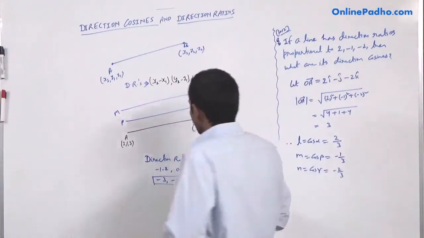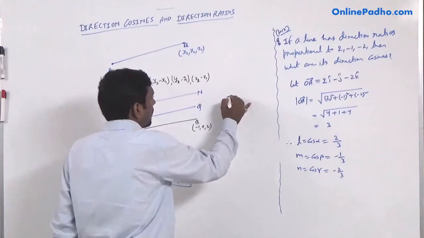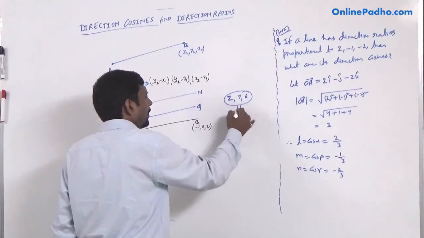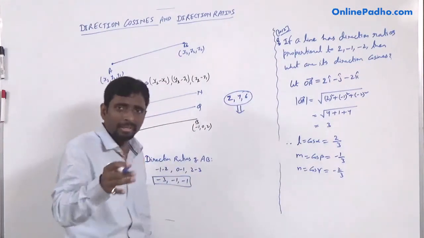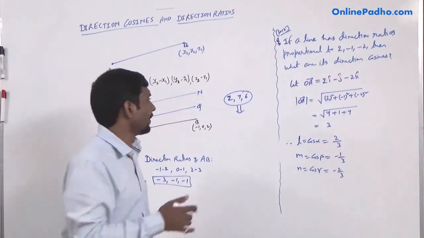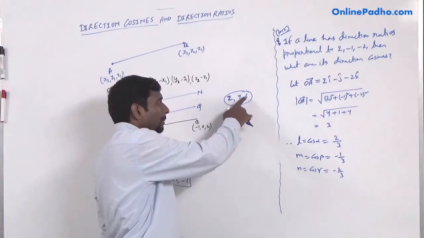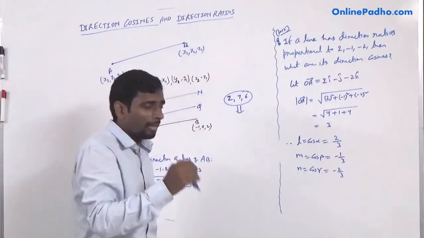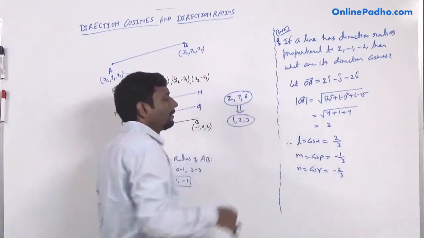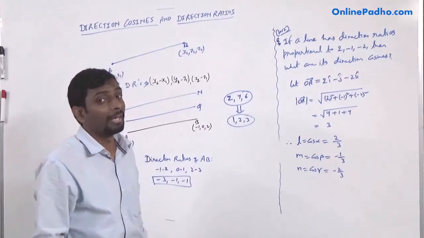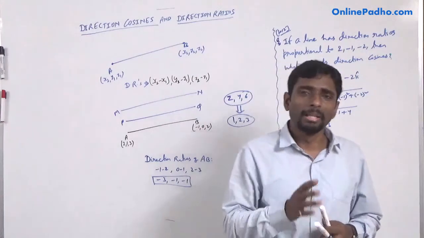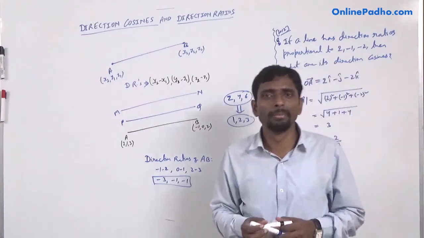And if we have the direction ratio of a line as 2, 4, 6, then we can simplify this one, because direction ratio represents the direction only, not the magnitude. If we have a vector 2i cap plus 4j cap plus 6k cap, we can write its direction ratio as 1, 2, 3. You can cancel with 2. That will be the direction ratio, right? So these are all about the direction ratio and the basic concept of three-dimensional geometry.